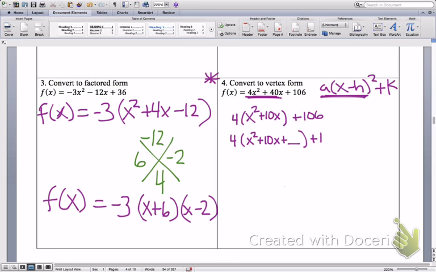Now, the problem here is if I add that blank there, I need to add it to the other side of the equation. But in this case, I'm not going to add it to the other side of the equation because I have my f of x. I'm just going to subtract it on the same side. So I'm going to, instead of